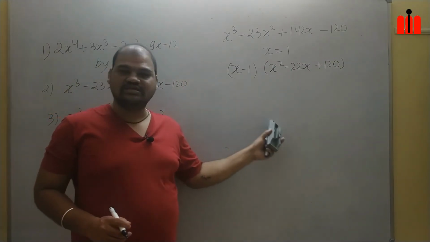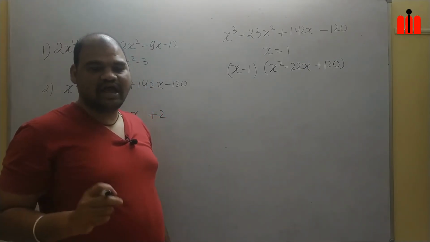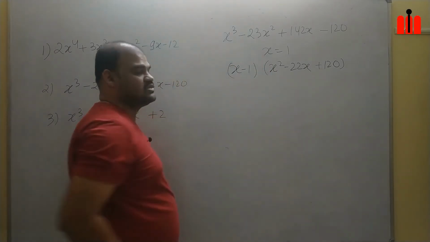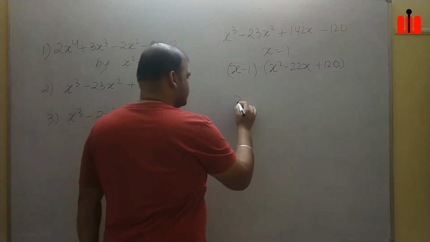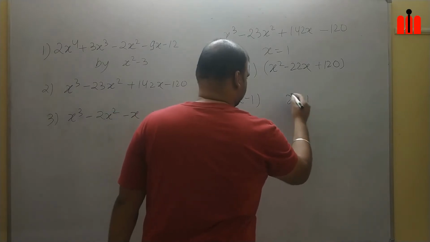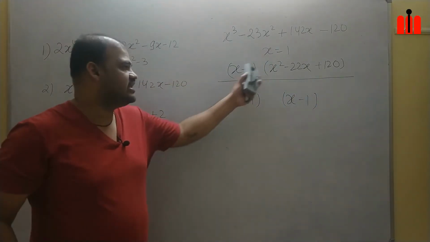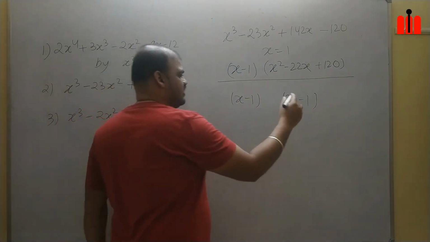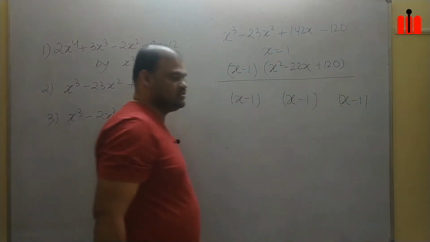If this is taking you to a very high thought process, then I will suggest you do another thing. x minus 1 is a factor of this. Are you agreed with this? So you write here the power is 3. So x minus 1, you write it 3 times. Okay, if you can think in this way, then this is the very easiest way. Otherwise, there is another way. I am telling you that x minus 1, you write it 3 times.